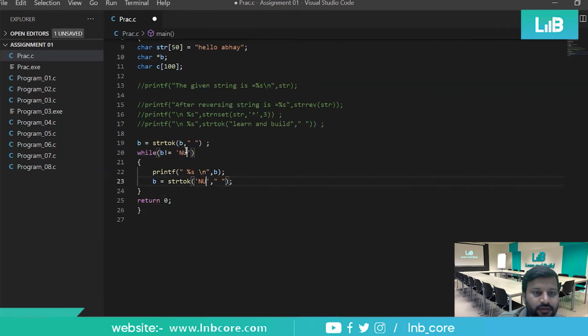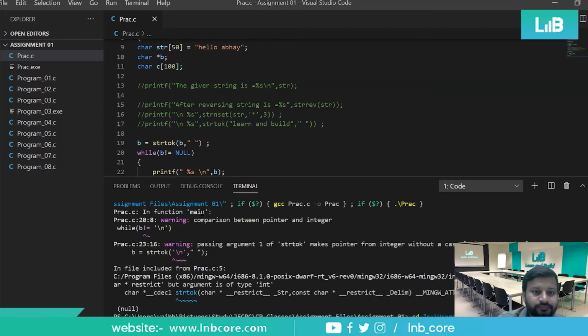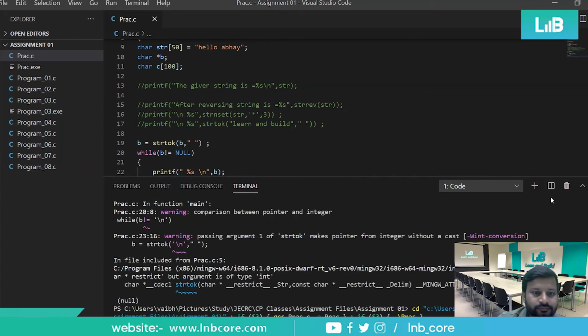Remove the single quote. Null is itself a command for null letter, right? Remove the single quote. Yes, perfect. Run it once. Did it work for you? You have to restart it once.